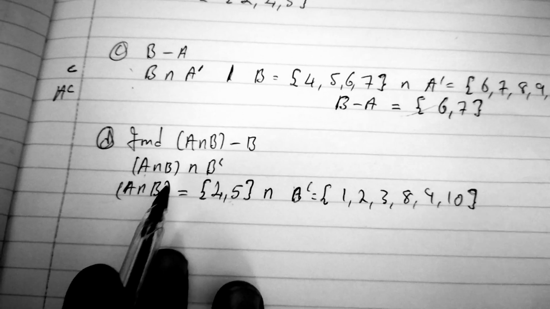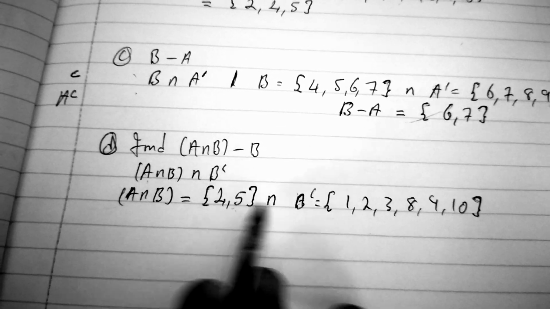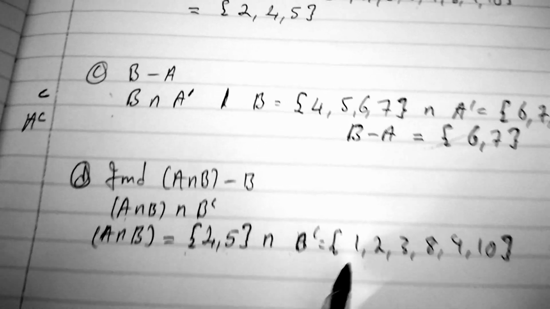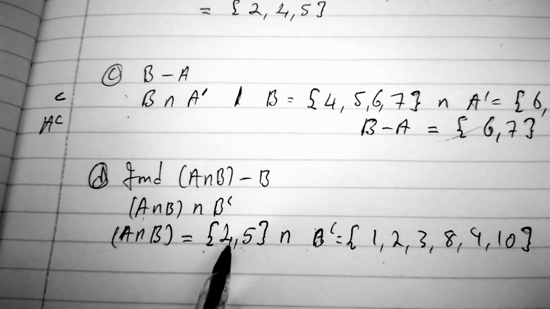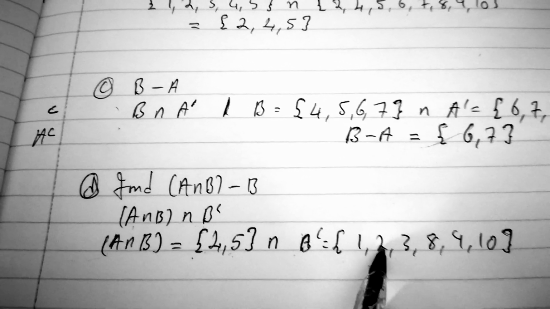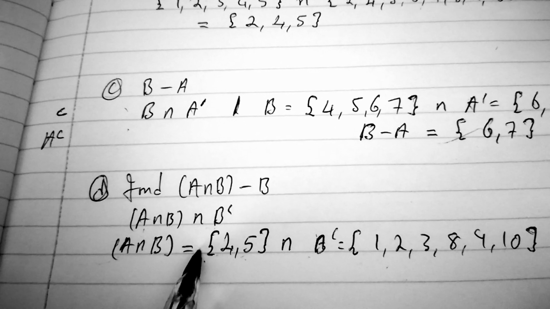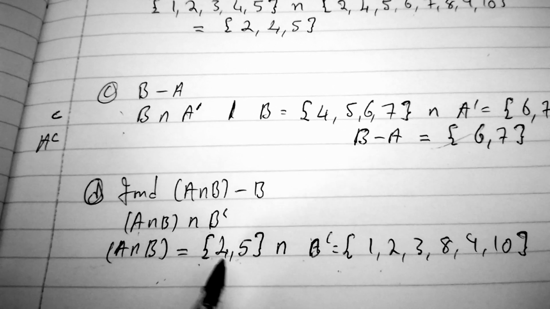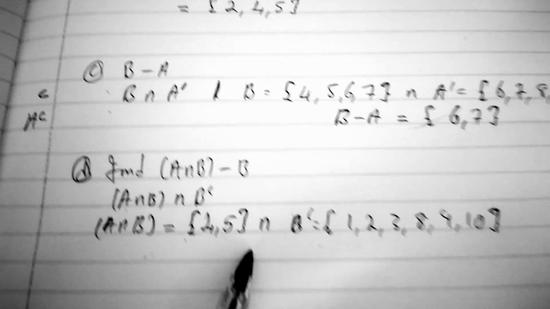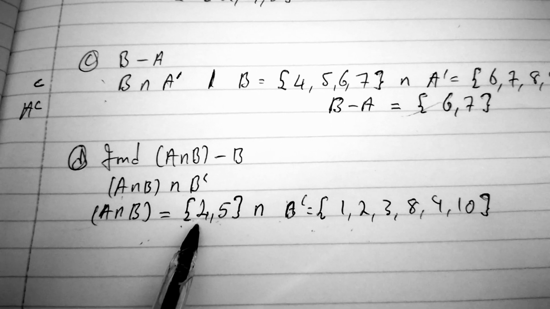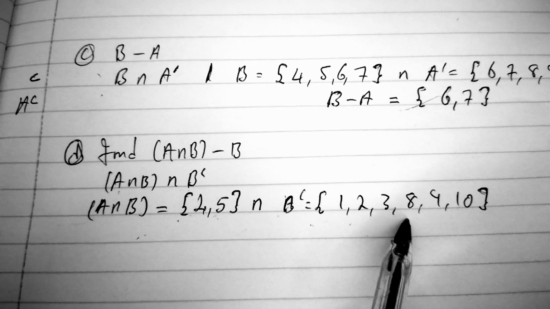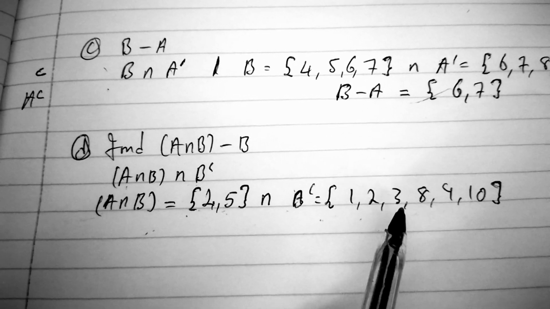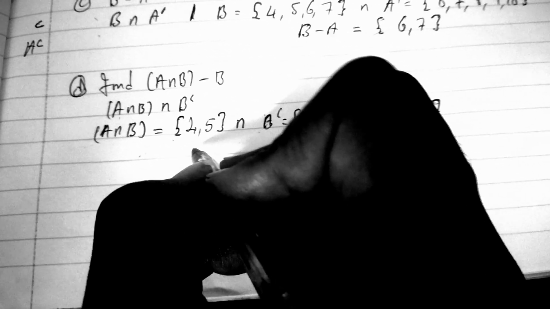Now I have to find what intersects the two here, what's in this set and what's also in this set. If you check here, we only have two elements, 4 and 5, so we just have to look for these elements in this set, and if they are there it means the entire set A intersection B will be the intersection of this, or if there's one element, that element will make up the intersection. So let's start with 4. 4 isn't there in this complement set of B. 5 as well, we can see that it's not there,